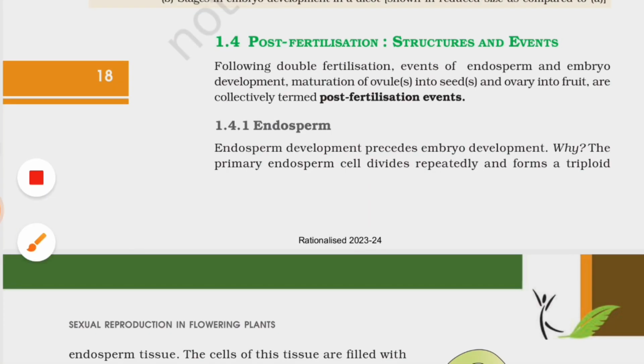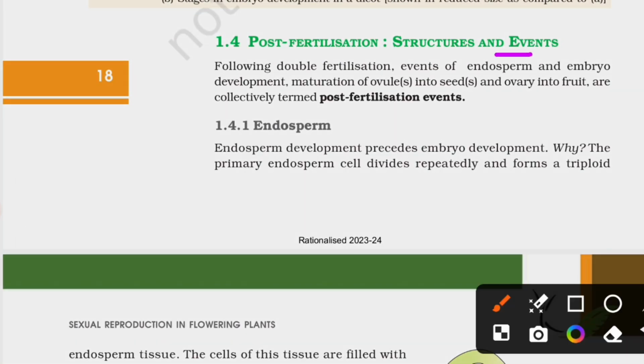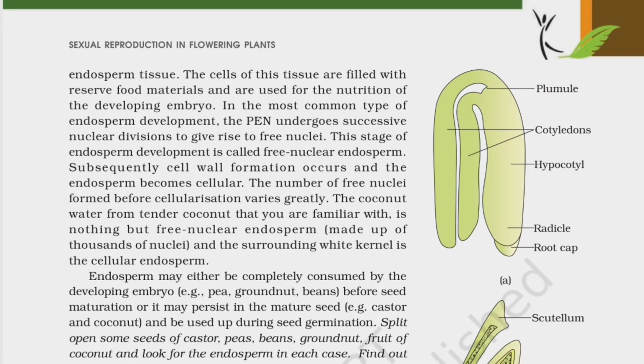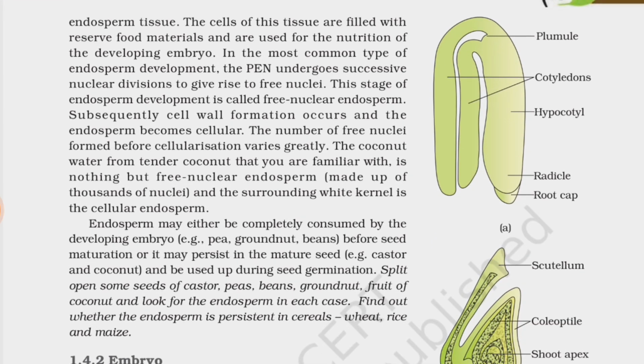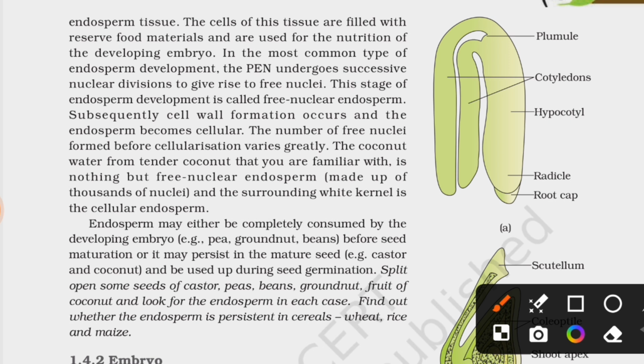Post-fertilization structures and events. Following double fertilization, events of endosperm and embryo development, maturation of ovule into seed and ovary into fruit are collectively termed post-fertilization events. Endosperm development precedes embryo development. Why? The primary endosperm cell divides repeatedly and forms a triploid endosperm tissue. The cells of this tissue are filled with reserve food material and are used for the nutrition of the